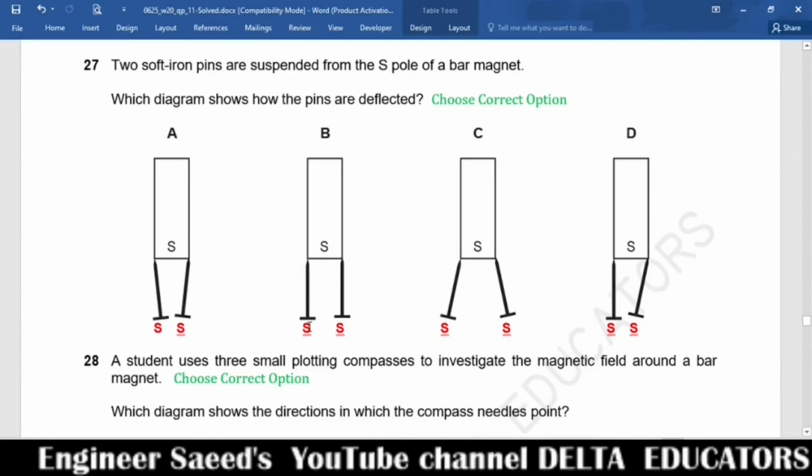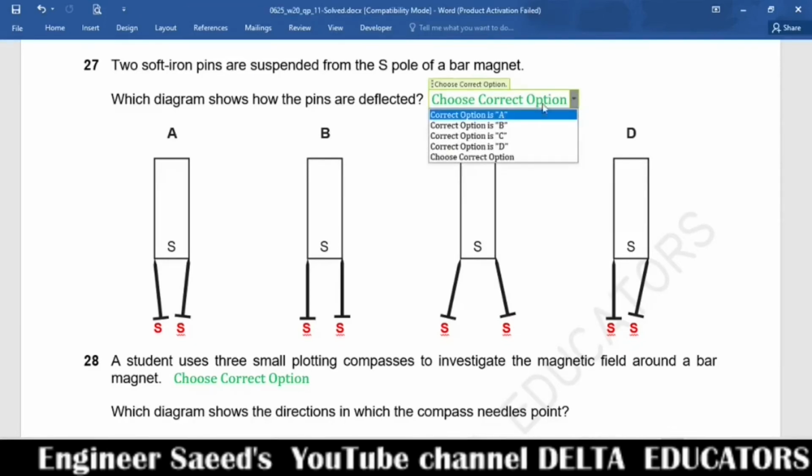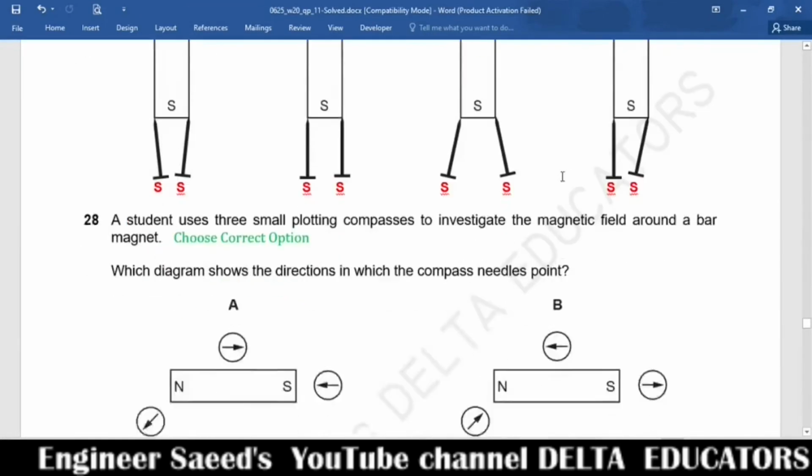Here it is shown, it is neither attracted nor repelled. But when we keep a magnet with two same poles, it will be repelled, and when we keep opposite poles, it will be attracted. So it is also not a possible option. In D, it is observed that both the poles are attracted, that is also incorrect. So the only correct option is shown in option C. Like poles repel each other, so they will move away from each other. So the correct option will be option C.